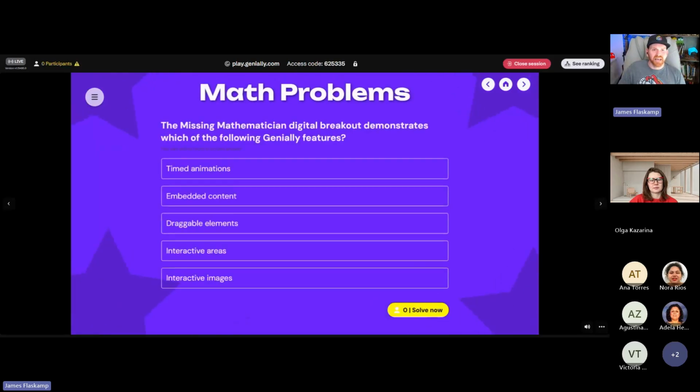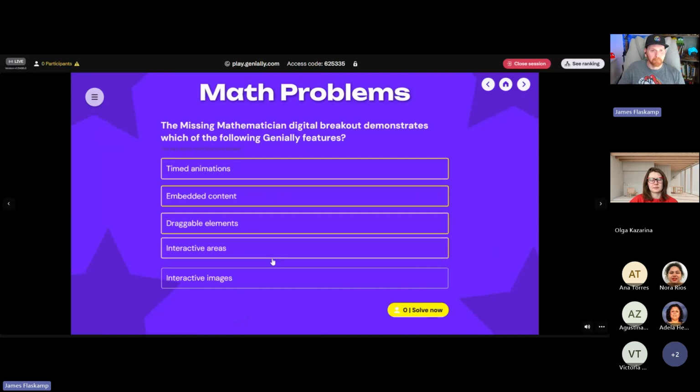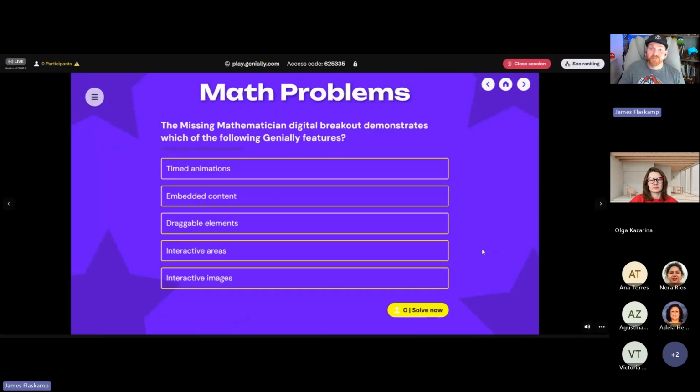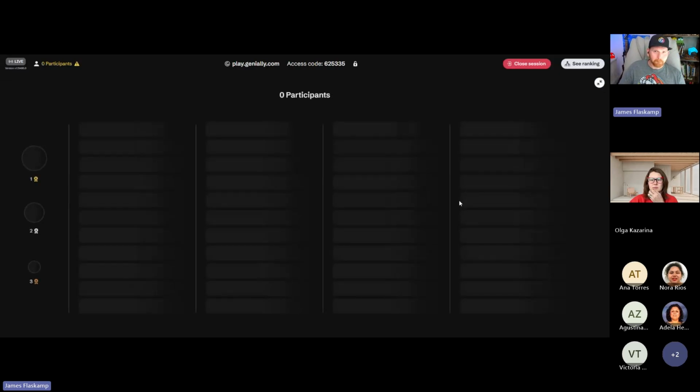The Missing Mathematician digital breakout demonstrates which of the following Genially features? This is a multi-select question. I'll tell you, it demonstrates all of them, right? Timed animations, embedded content, and all of these. So, great, all. And since that would be our last question, if we had our student participants in here,